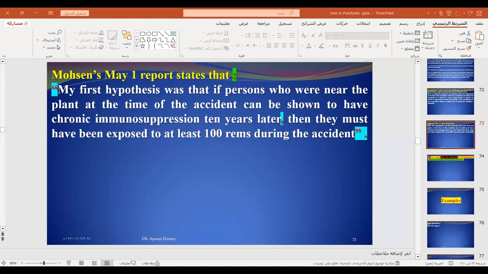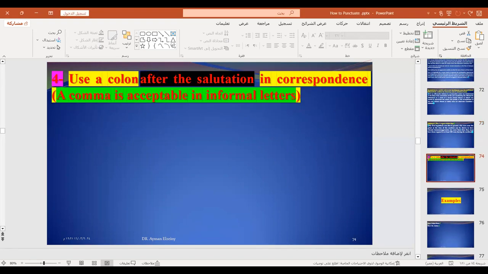طالما الكلام أو الحوار أو الكونتنت اللي هيجي بعد كده ده جاي على لسان شخص آخر، أو مفصول أو يمكن فصله عن ما قبله، بمعنى إن هو جاي تفسير لكلام، أو هو ده كلام قاله شخص آخر، أو التفصيل اللي جاي في تقرير مثلا، زي المثال الثالث لما قلنا مثلا إن التقرير المحدث اللي صدر بتاريخ كذا، أبقى أحط هنا كولون في هذه الحالة. طيب الحالة الرابعة: use colon after